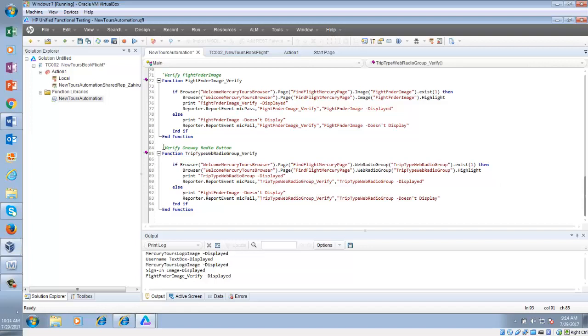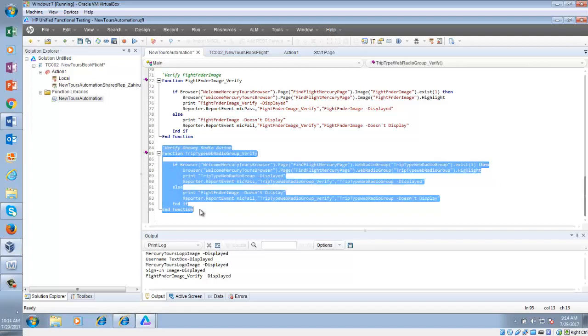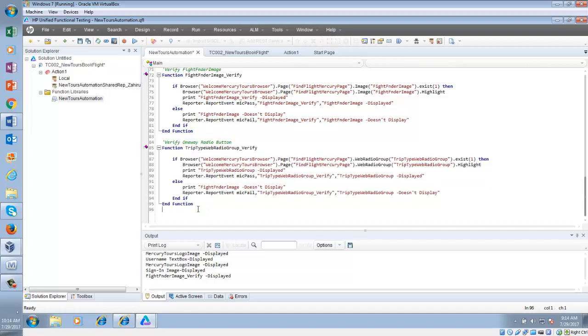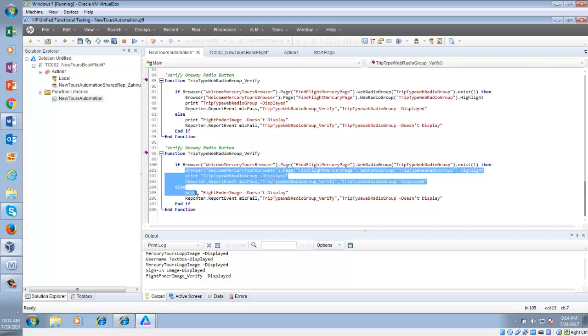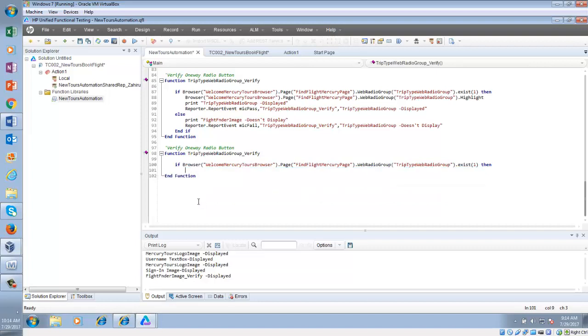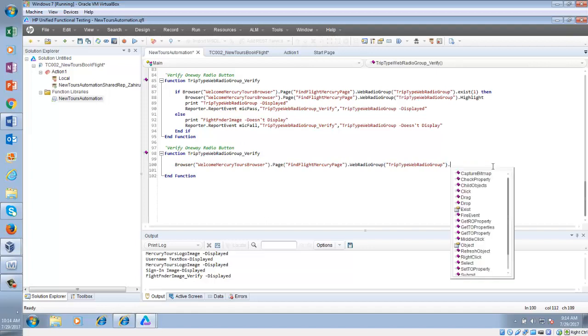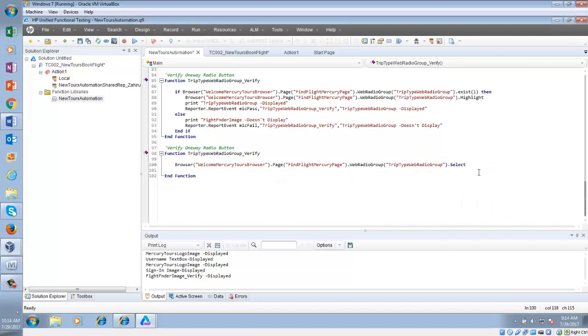Now the next step is click on that radio button. So how do you do that? Let's say remove everything, and then you come here, select, and what do you do to select a radio button?